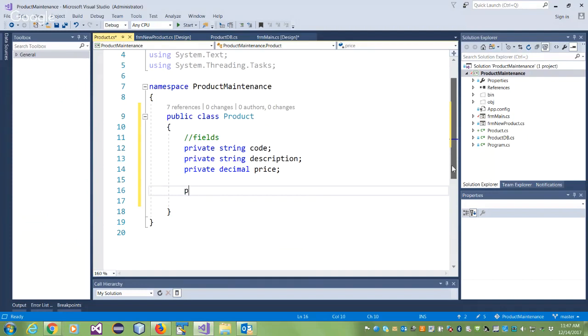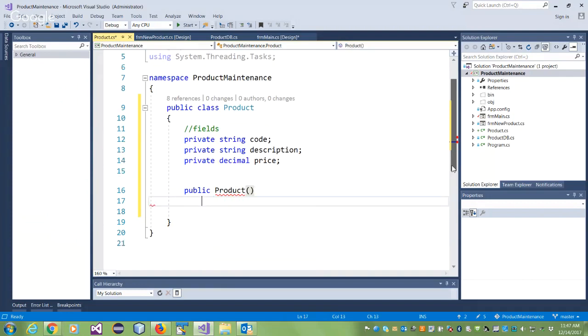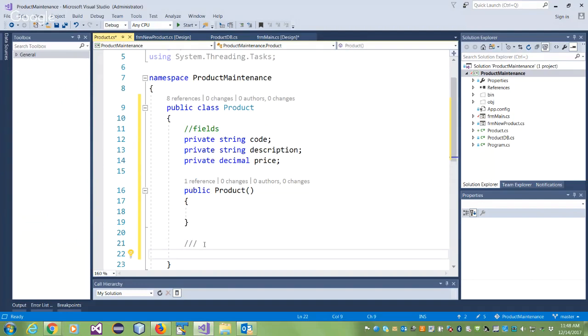So to write a constructor, all you do is you go public, you give the same name as the name of the class. It may have no parameters at all, and it may not be doing anything at all. So that's your default one. It's just there if you need to use it. The more important one for me, and again, now here we'll start writing, the comments are really important in the sense,